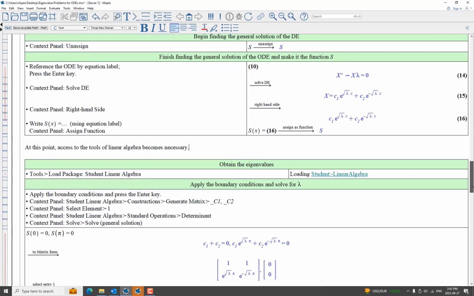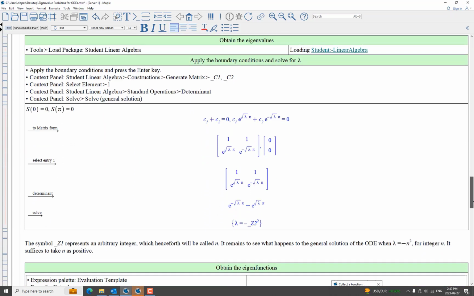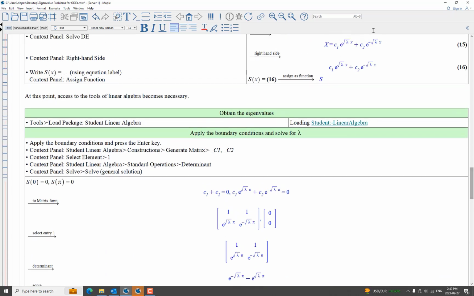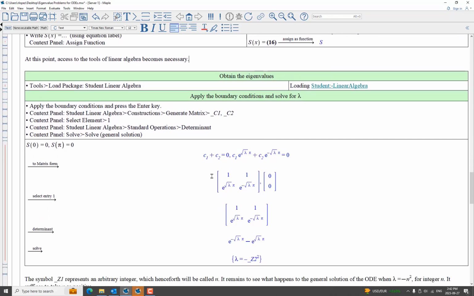In order to obtain the eigenvalues, and ultimately the eigenfunctions, we need some tools from linear algebra. So here I've loaded the student linear algebra package, and here are the steps I'm going to perform. I'm going to apply the boundary conditions to this general solution that we obtained here called S. So we get two homogeneous equations. I put them into matrix form. This is the right-hand side. I'm looking for these constants C1 and C2, in order for them to be